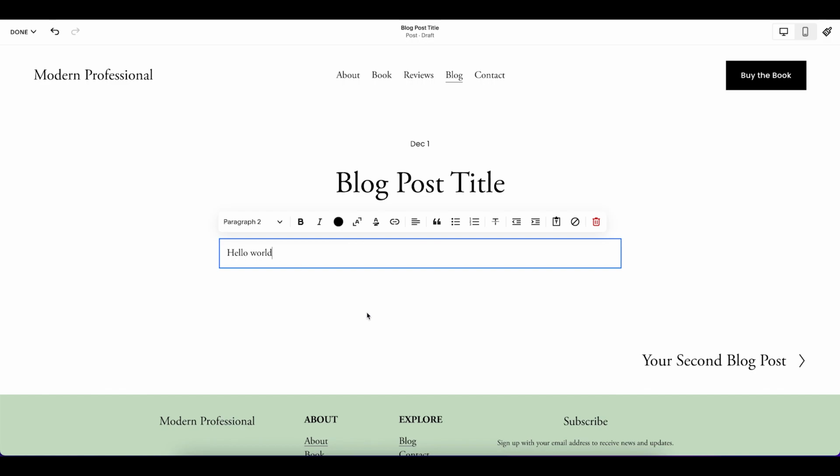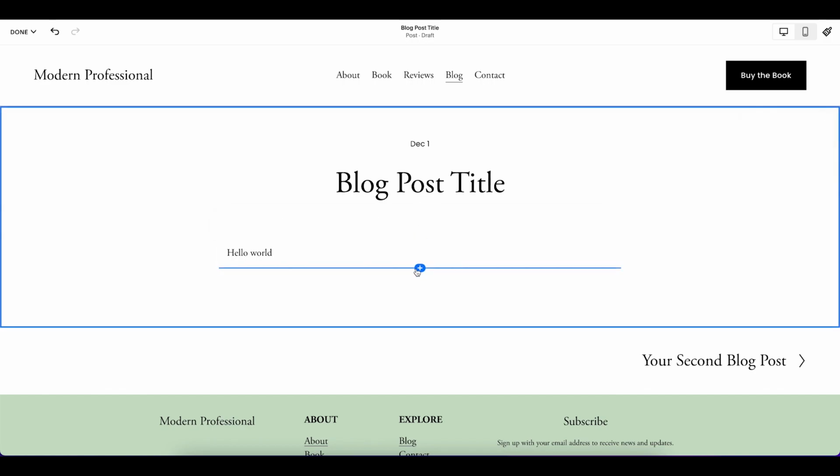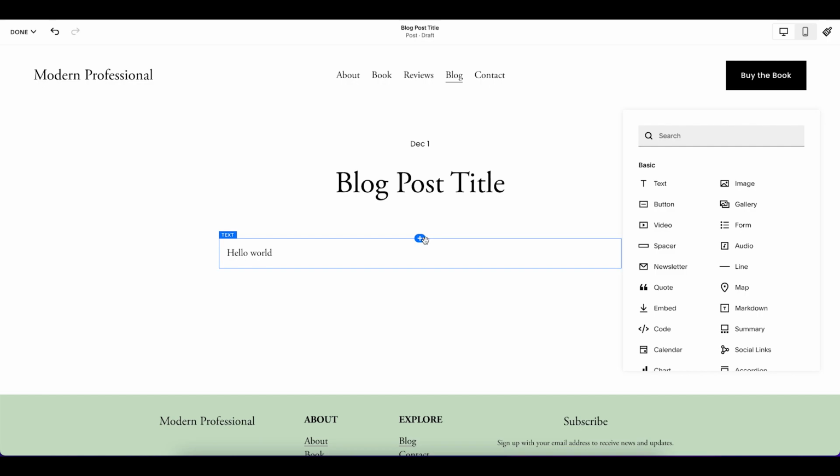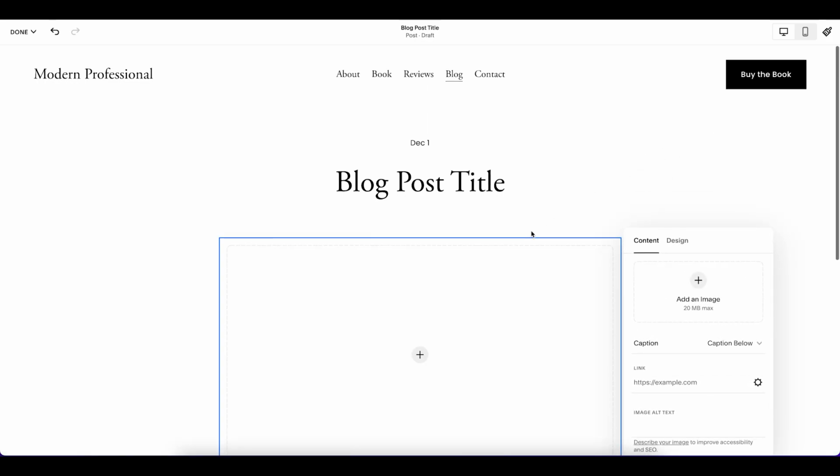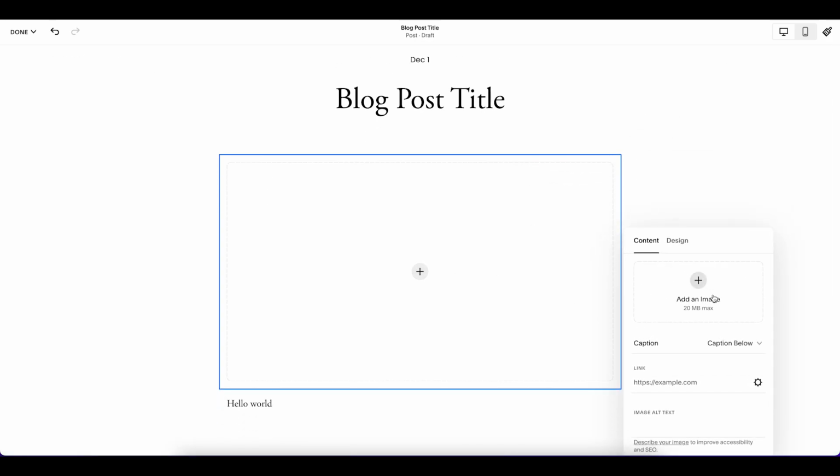Hello world. And if you'd like to add any photos throughout, you'll hover your mouse over this section and you'll see this blue box pop up. Here's a plus sign. Click on this plus sign and it opens up this menu of a bunch of different things that you can add to this blog post. If you want to add an image, you click on image and it opens up this box where you can